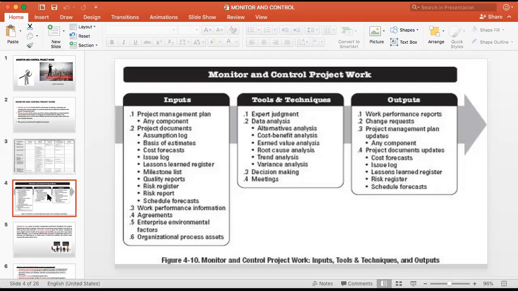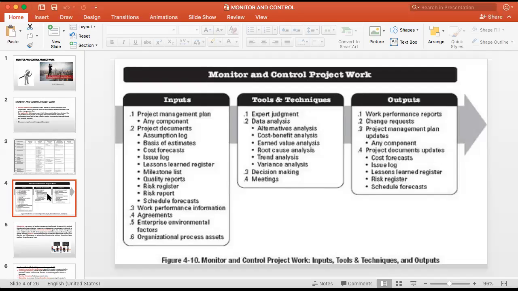If you are handling this project control process, you have to take into account your plan. You have to have a plan. Otherwise, how are you going to control it? You have to compare with some base. You have a baseline, the project management plan. You have 10 subsidiary plans. So those are the baselines. Your actual work has to be compared to your plan